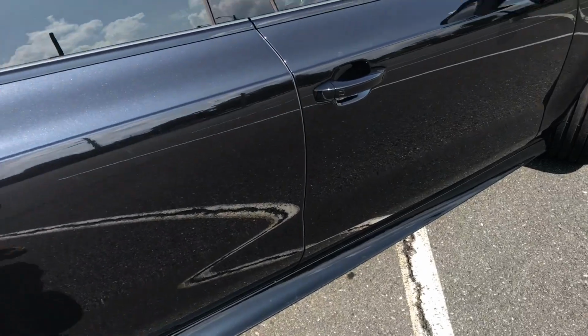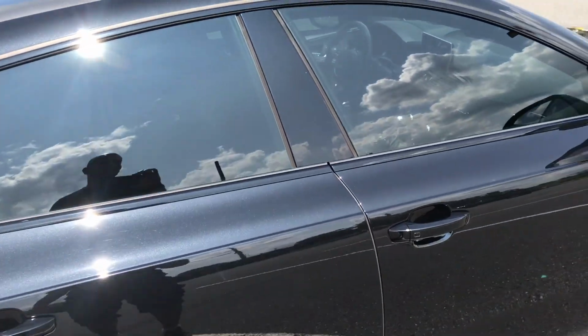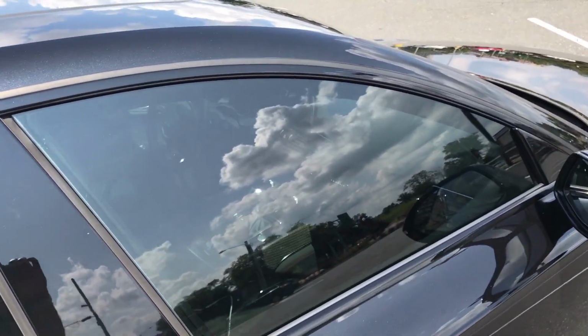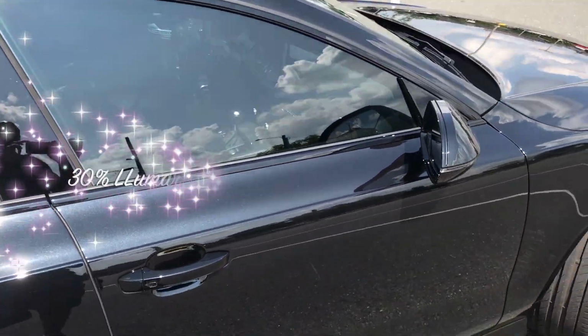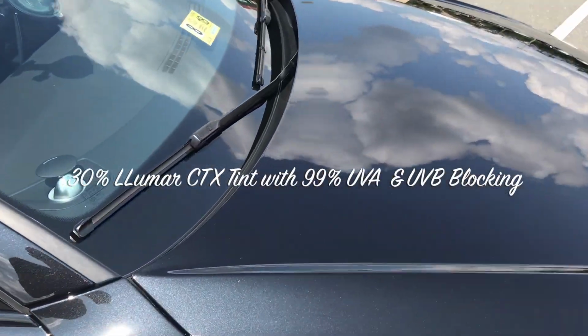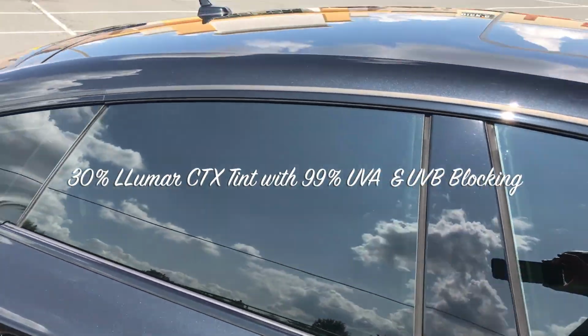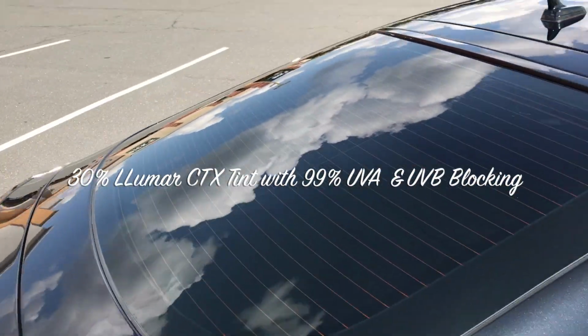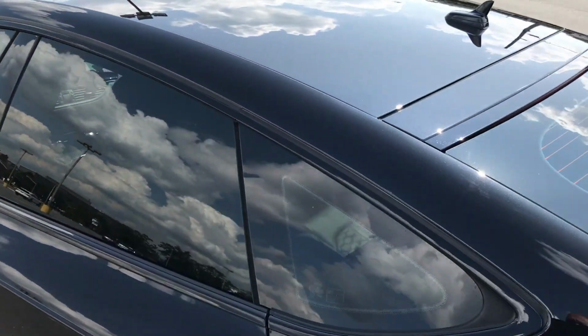The windows, my windows are actually tinted. When I got it, you could see the sky clear. And now I think they're 30%, which is actually good. It keeps it kind of cool on the inside, but if you sat in there, you would fry. Remember those commercials? This is your brain on drugs. I mean, your brains would fry if you sat in this car without the air on. Anyway, I'm gonna show you a little bit more once we get back in the garage, and then we're gonna end. All right, so the last part of what I want to talk about,